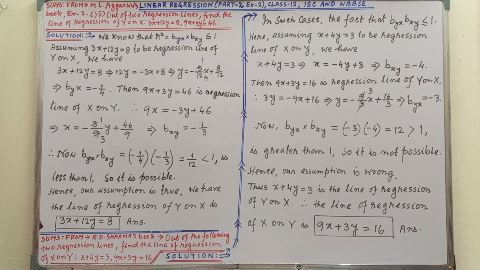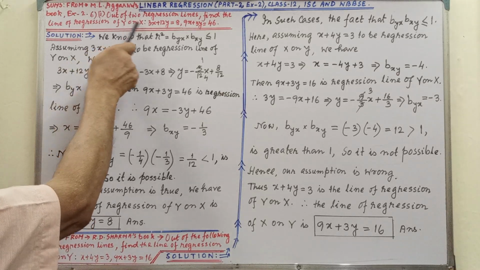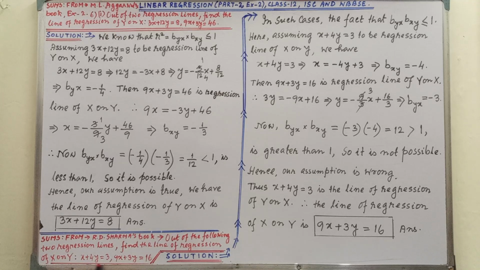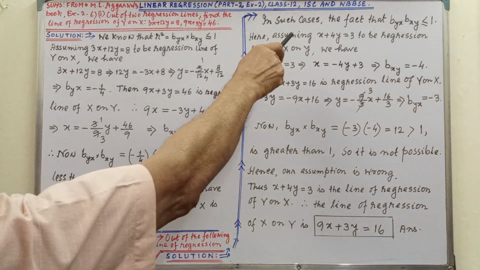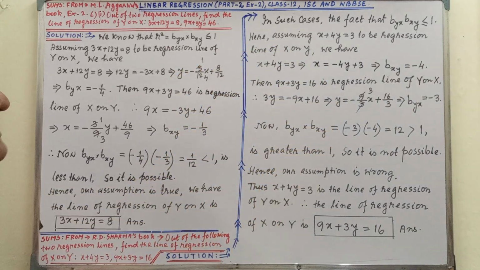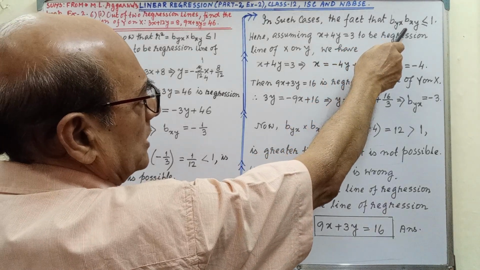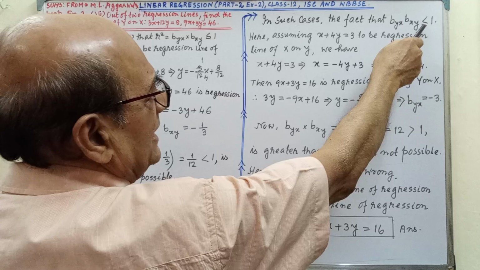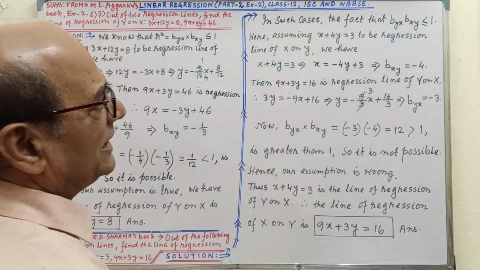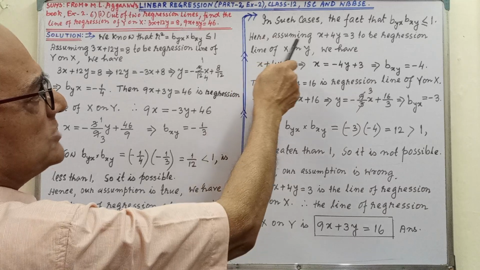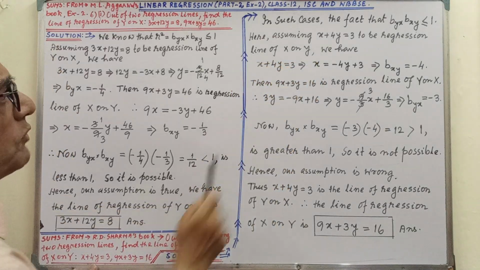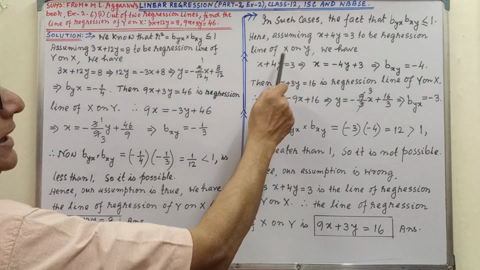Next sum. This is given from R.D. Sharma's book. Out of the following two regression lines, find the line of regression of x on y. Solution. In such cases, same thing, we may express in a different way. The product of the regression coefficients is less than or equal to 1. Here, assuming x plus 4y equal to 3